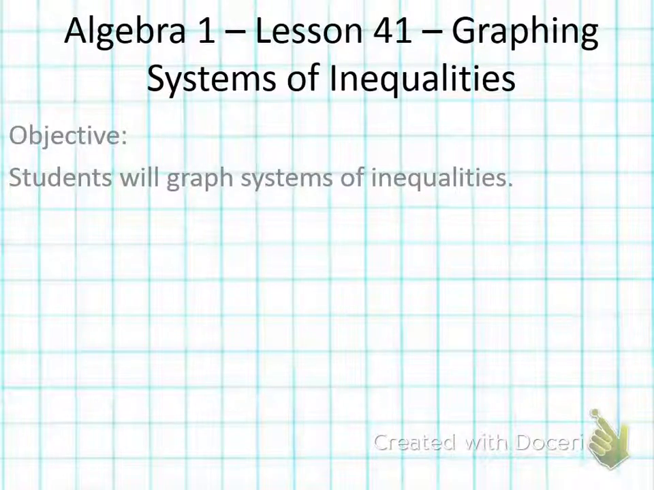Alright, this is lesson 41, Systems of Inequalities. We're going to do what we did yesterday, except that we're adding two graphs to what we're doing. And it's a system, so we have to make sure that our solution works, so whatever solution we pick. So here